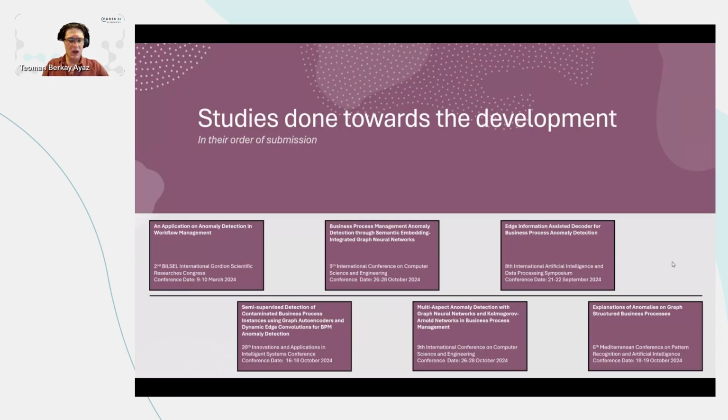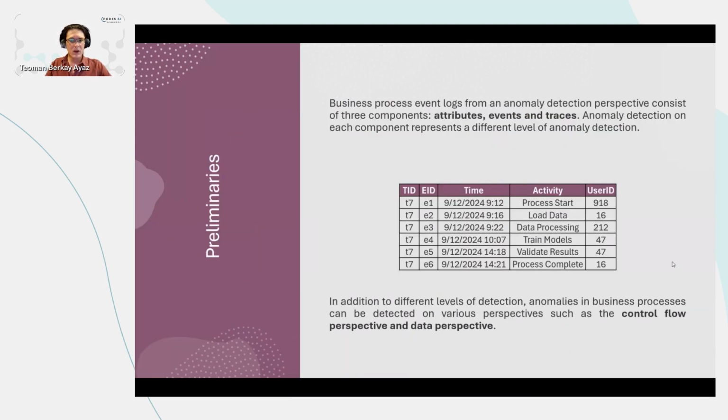From the beginning of the project so far, we've done a total of 6 studies published at various international conferences. And in this presentation, I will be presenting each one of them in detail. Before I begin presenting them, though, I'd like to first go over some preliminaries and some universal constants across the studies. So in the context of business process anomaly detection, the business process